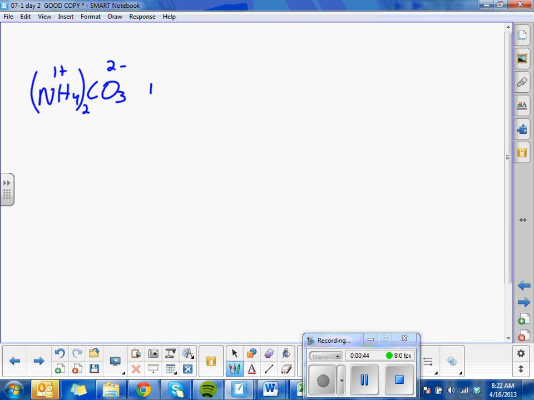And we're going to react that with, so that's your plus sign, aluminum nitrate. So we have Al, nitrate is NO3, that's a 1 minus, aluminum is a 3 plus. So we need to put parentheses around the nitrate and show there's 3 of those. And that produces, which is our arrow,